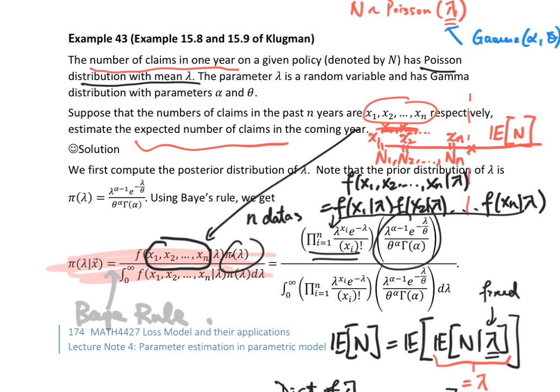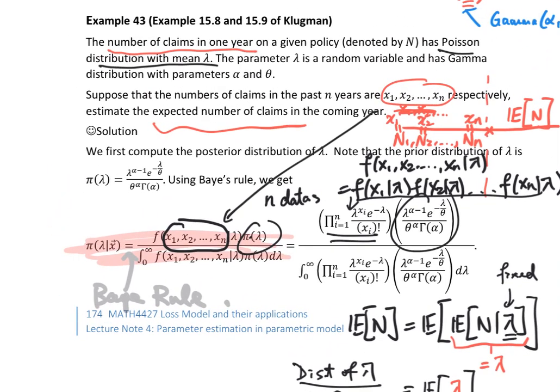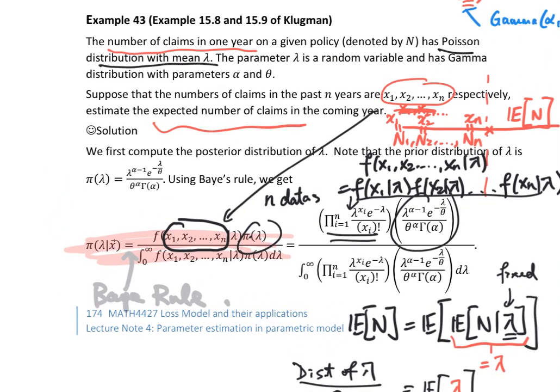Now the next thing is a little bit painful: you need to try to simplify this expression. This is what I do. First of all, for the denominator, that part is still relaxing. So you can first try to cancel out some irrelevant terms. The factorial can be cancelled out, theta can be cancelled out, and then gamma(alpha) can also be cancelled out,